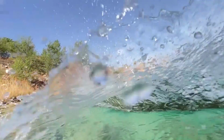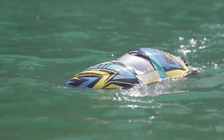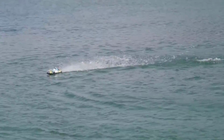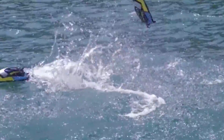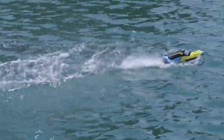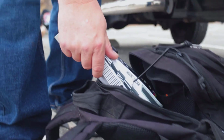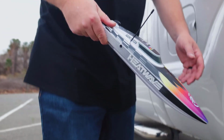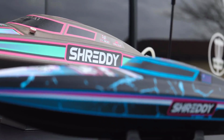Welcome to the thrilling world of RC boats in 2024, where innovation meets excitement on the water. As technology continues to advance, so do the capabilities and performance of remote-controlled boats. In this dynamic landscape, enthusiasts are treated to an array of options that offer unparalleled speed, agility, and realism. Whether you're a seasoned hobbyist or a newcomer eager for adventure, the best RC boats of 2024 deliver an unforgettable